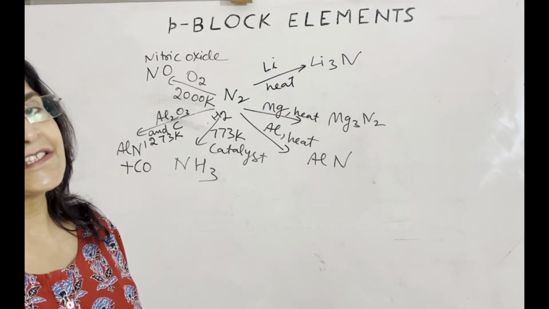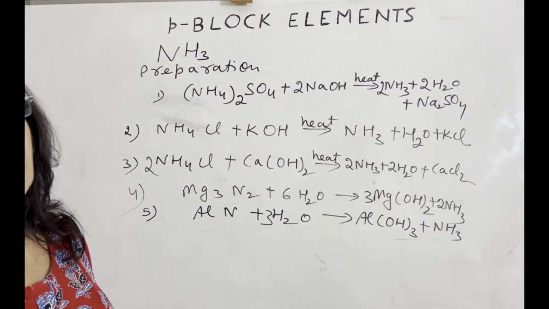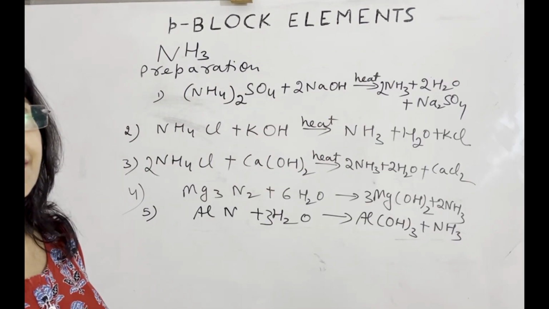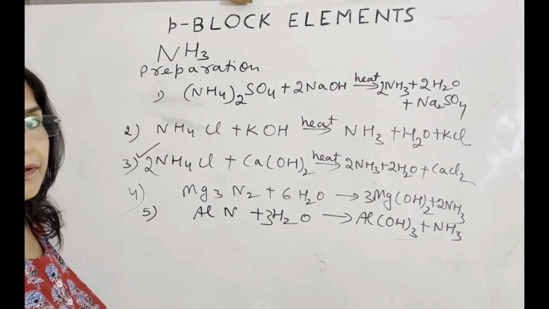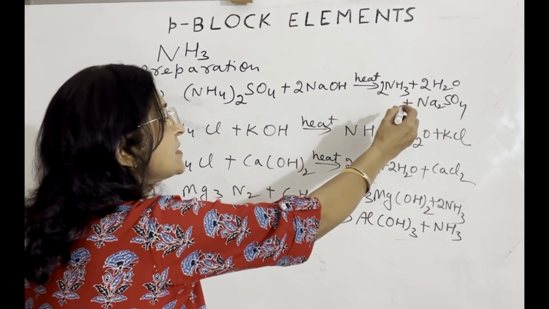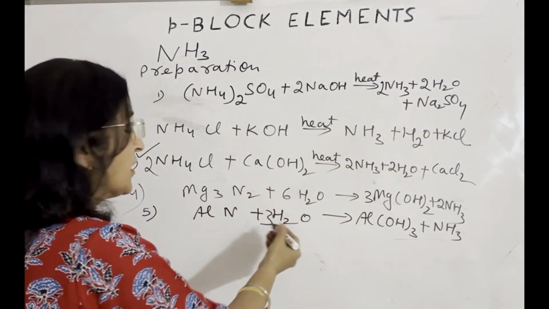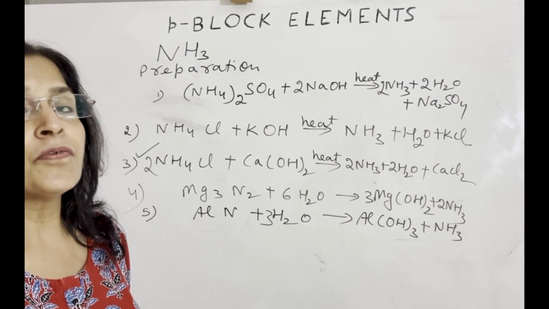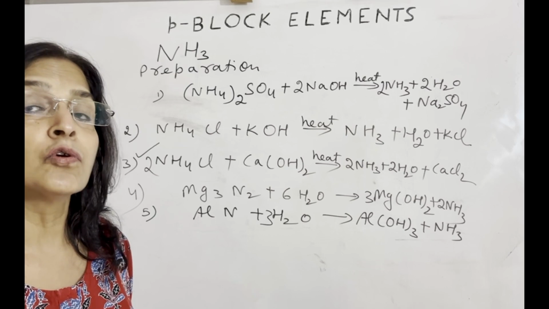Now we will discuss preparation of ammonia and properties of ammonia. These are the methods to prepare ammonia on a small scale. This method is used to prepare ammonia in the laboratory. अच्छा देखिए, ये जितने भी methods हैं, इसके अंदर water is present. कहीं पर product की form में है, कहीं पर reactant की form में है. The moisture of ammonia can be removed by passing moist ammonia through quicklime.